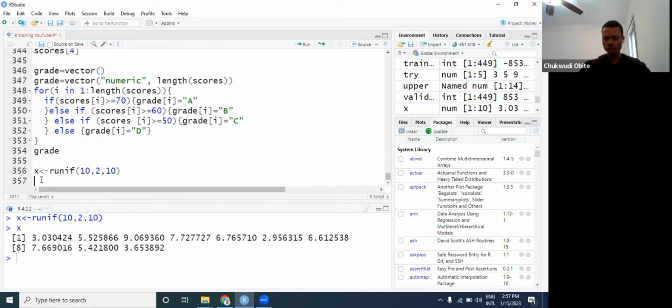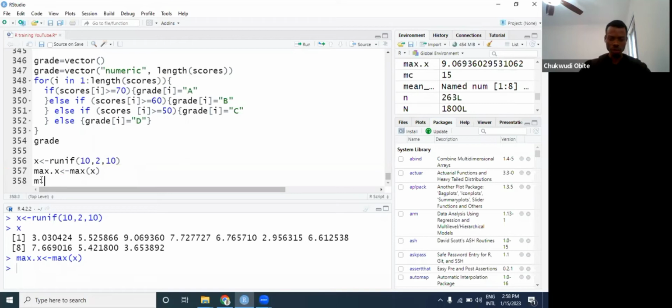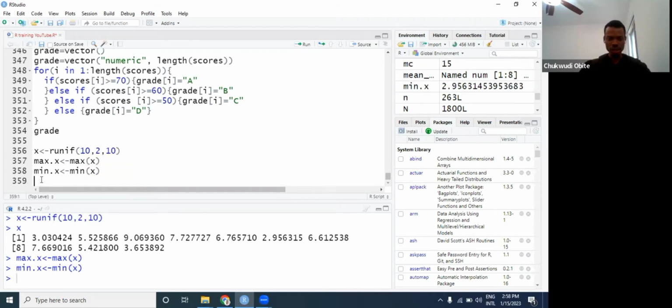Now I want to look for the range of these numbers. First I'll look for the maximum. I can say max.x, that's the name for the maximum of X. Then the minimum of X will be min.x. You can use any name you want. MIN is a function used to know the minimum value in a vector. So minimum of X, then range, let me put range.x. Range of X will be the maximum, so max.x, that's what I called it, minus